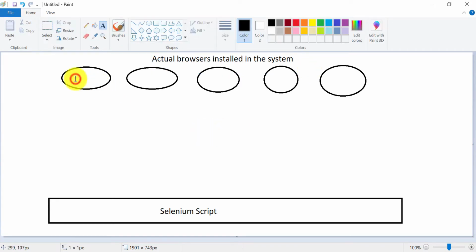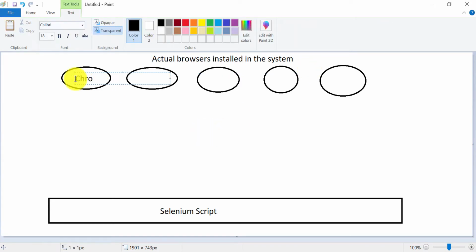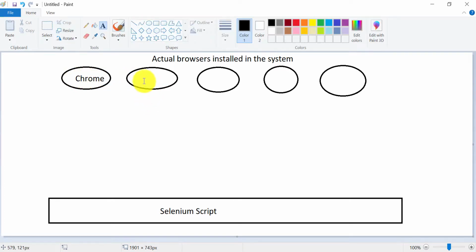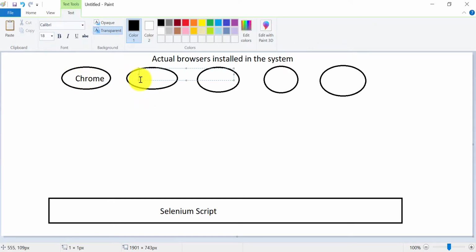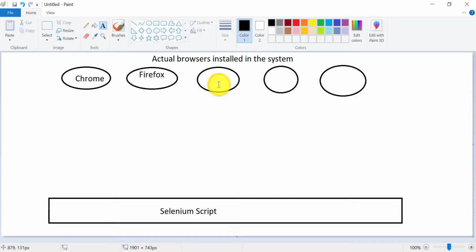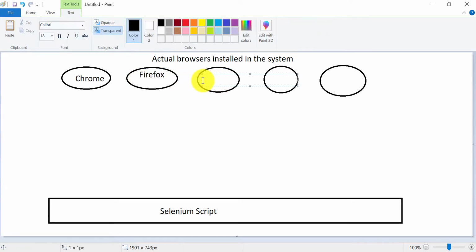Let's say this is our Chrome, then this can be Firefox, this can be Microsoft Edge, this can be the IE browser, or let's say this is Safari.